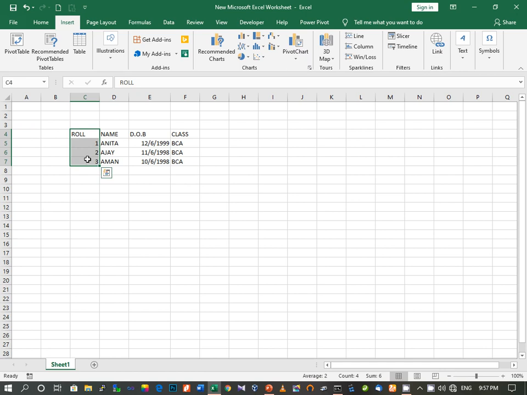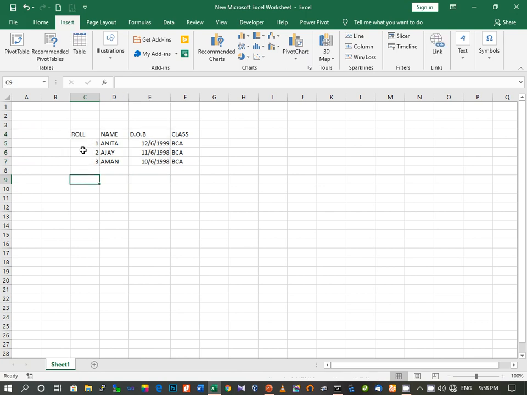But suppose you want to select non-adjacent rows. Now what are non-adjacent rows? These are rows which are not sharing their boundaries, which are not nearby. Suppose you want to select this column and this column. In that case you will have to press the Control key and then select the rows or columns which you want to select. Suppose I want to select this row, and again this row, then I will press the Control button on the keyboard, and here you can see that non-adjacent columns are selected. So this is how we select non-adjacent columns.